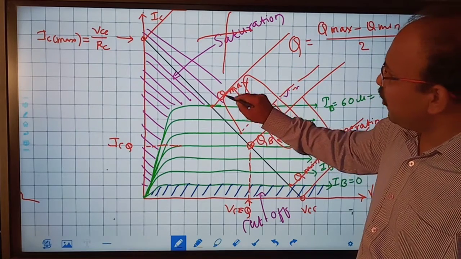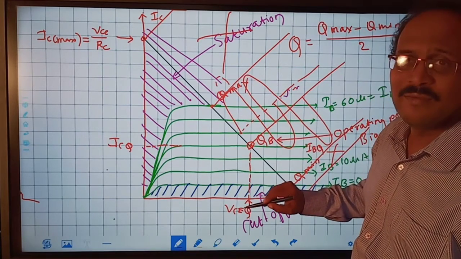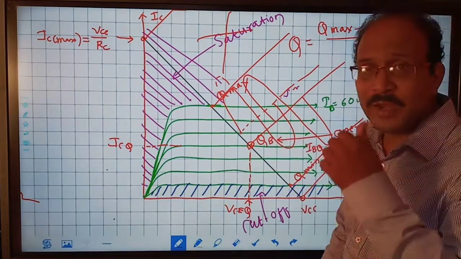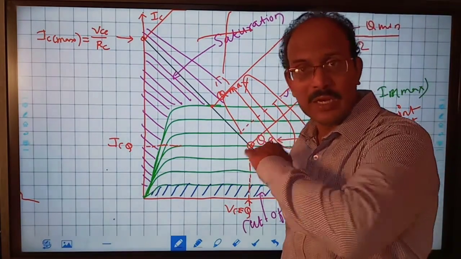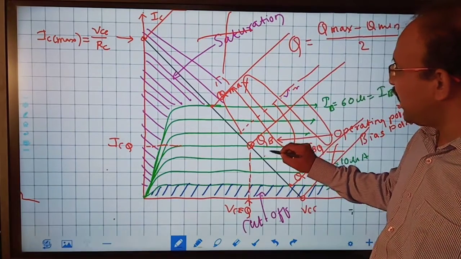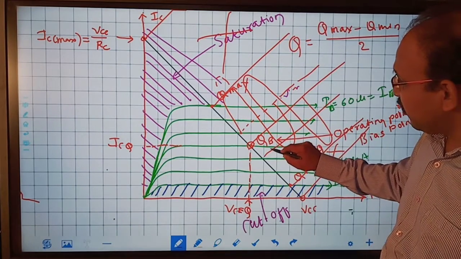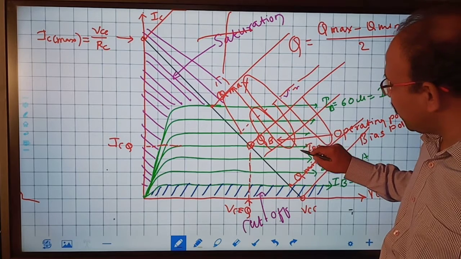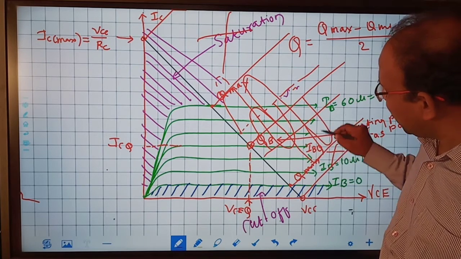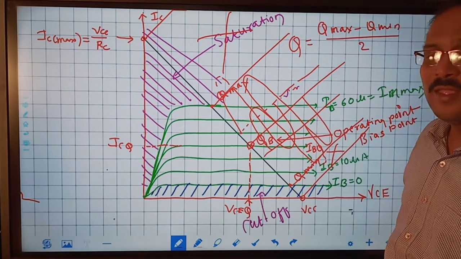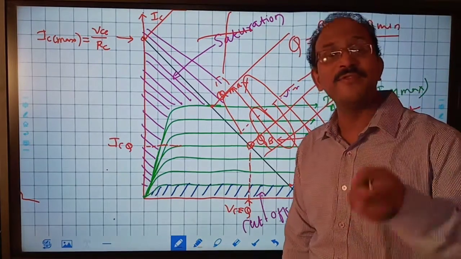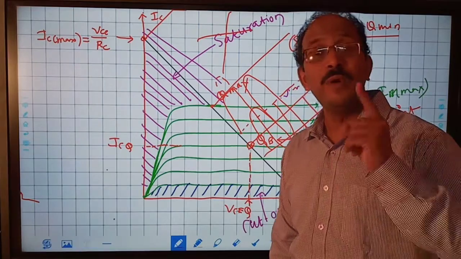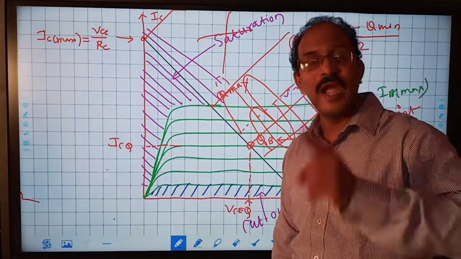So the waveform will be cut in this region. The waveform will enter into the saturation region and that is not allowed. It will be cut. If it is shifted down, then the positive waveform is correct, but what about the negative waveform? We get a cut in the negative waveform. Correct? Therefore, shifting of the operating point is not allowed. The operating point must be at the center of the active region.